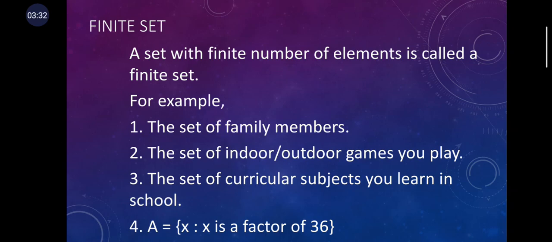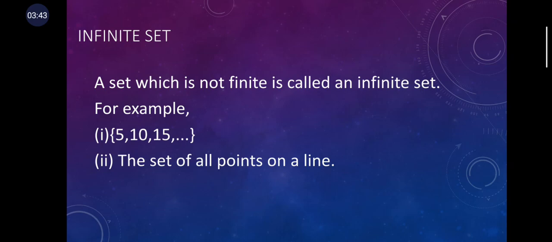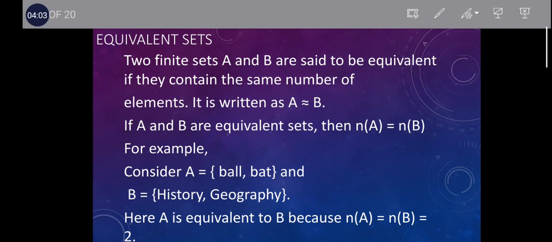For example, the set of family members, the set of indoor and outdoor games you play, the set of curricular subjects you learn in school. Then infinite set: a set which is not finite is called an infinite set. For example, 5, 10, 15, 20 goes on, so it is an infinite set. The set of all points on a line: a line has n number of points, so the set of all points on this line is an